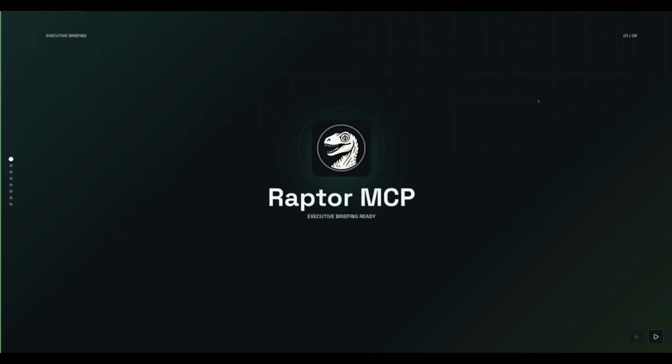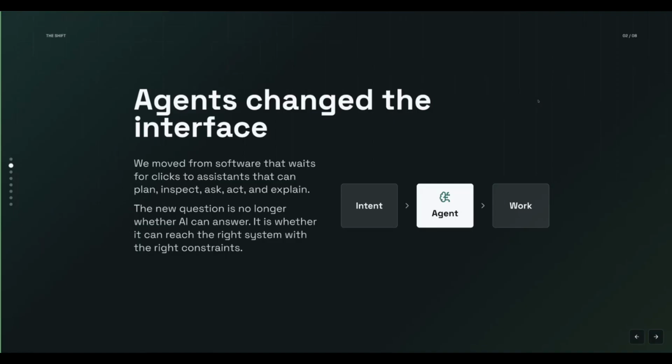Thanks, JP. JP gave a bit of the rundown of what we're going to go through. So I'm going to take you through the Raptor MCP, what it is, in all its glory, and what it's capable of doing. So let's go a little bit of background first, where if we take the AI space,